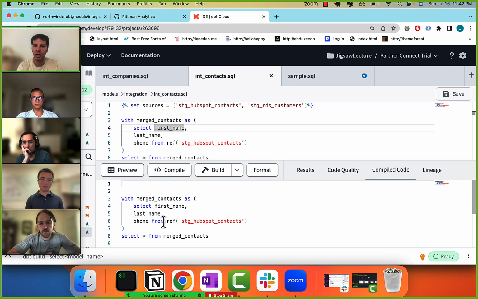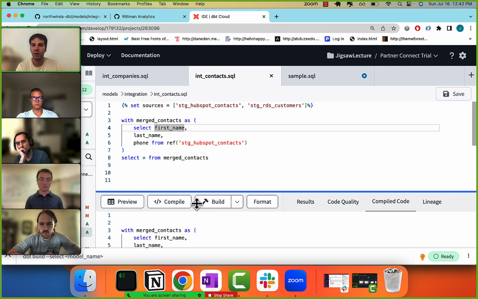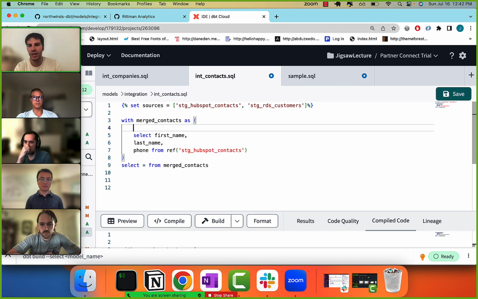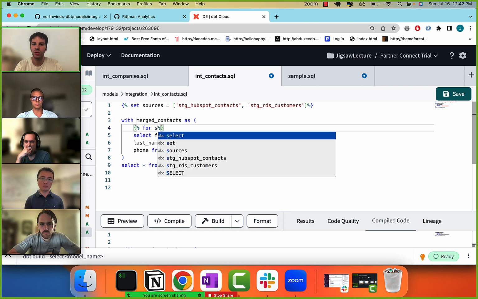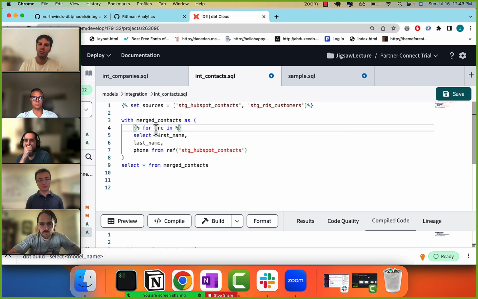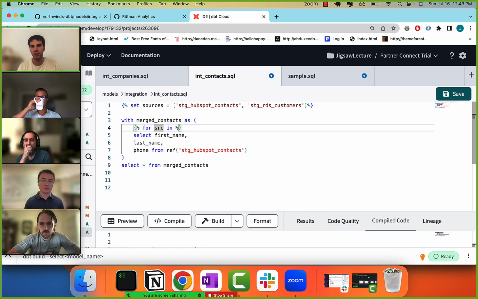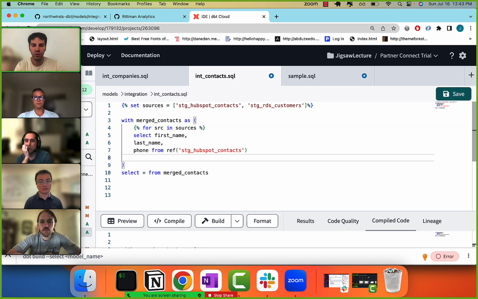Okay, so with merge contacts as this thing, let's do a with merge contacts as, and we'll say percentage for source, and notice I'm not using the word SURCE, that's because that's a keyword in DBT, right? So for source in my sources, then I want to end the for loop,